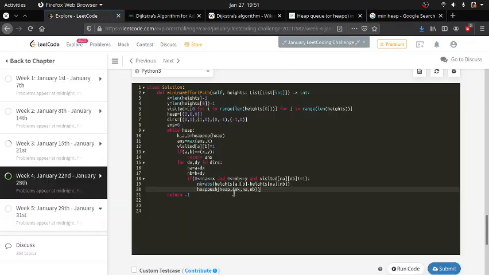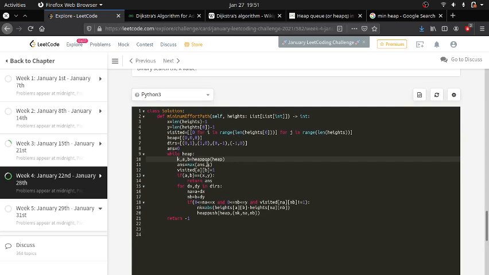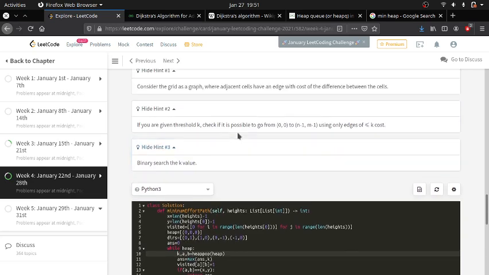So here the heap will be modified in such a way that the top element will have the minimum effort. Okay, so I am getting the minimum effort. I am always obtaining the minimum effort from the heap, and I am comparing it with the answer. Answer should be the maximum, because this is the absolute difference that is obtained between two edges. For any path we have to calculate the maximum absolute difference.